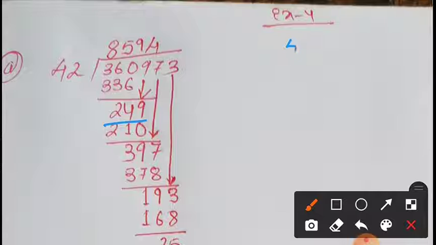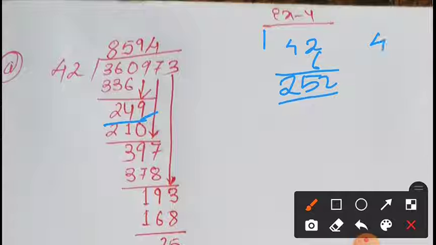So 42 into 6, 6 twos are 12, carry 1, 6 fours are 24, 24 plus 1, 252. Do you think this number is right? 252 is not okay. Why is it not okay? Because we need 249 and 252 is greater. Therefore what we will do, we'll try to